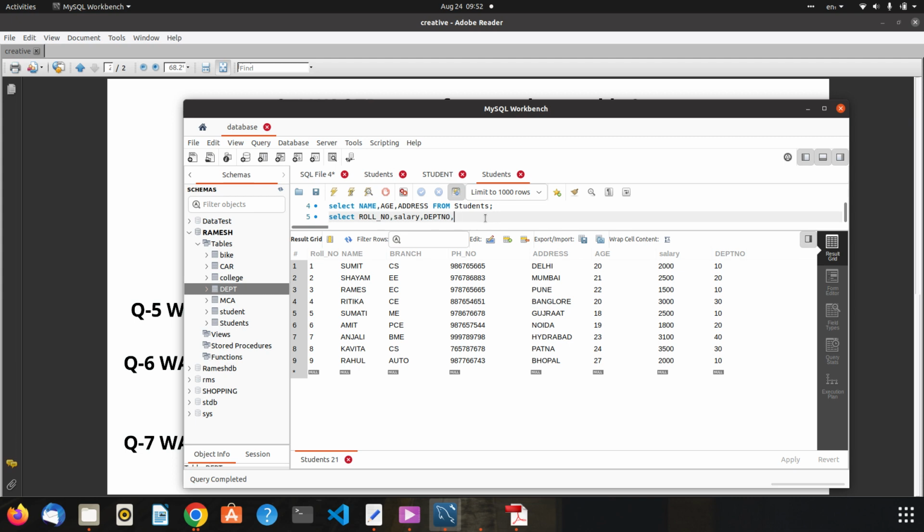So if you want to print annual salary, then we take salary multiply by 12 from student.